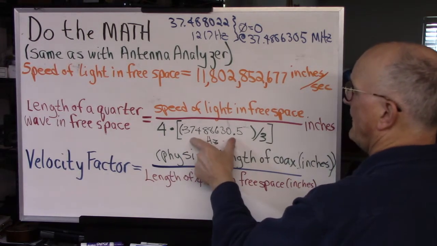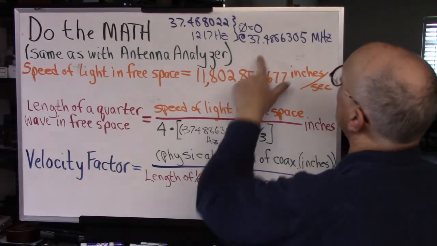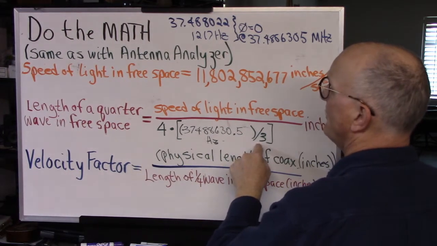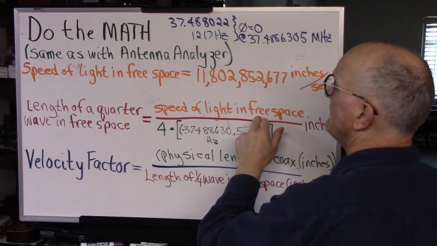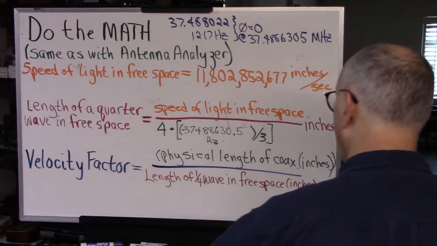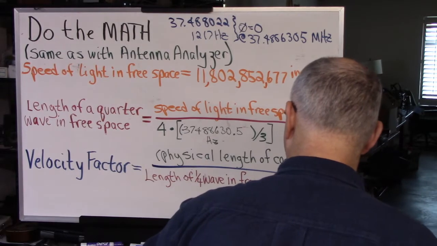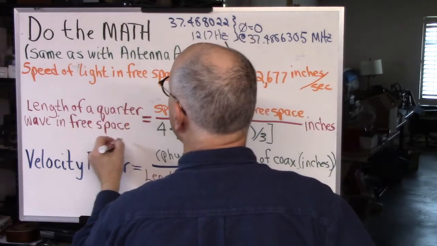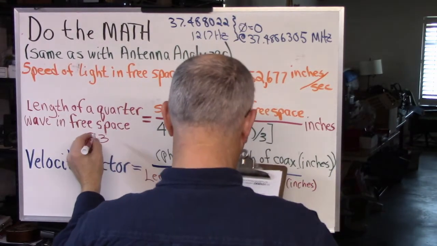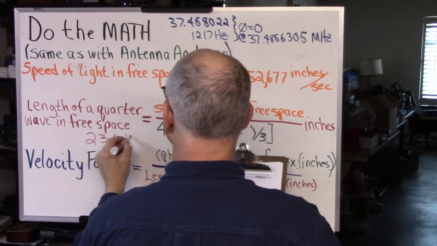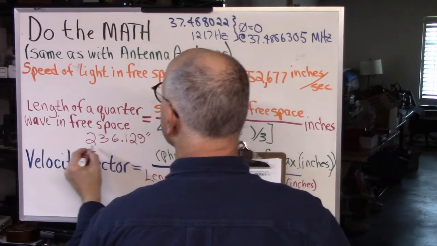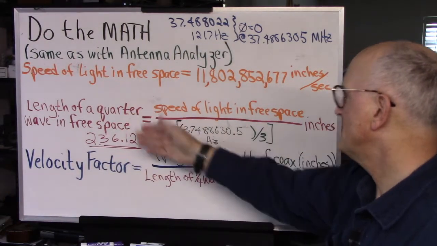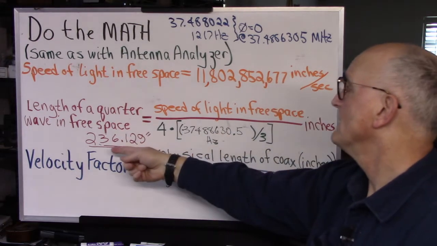So we take this value in hertz, we multiply it by 4, we divide it by 3, then we take the speed of light in free space and divide it by the resulting number. And the answer that we get is 236.129 inches. So the length of a quarter wave in free space at this frequency is